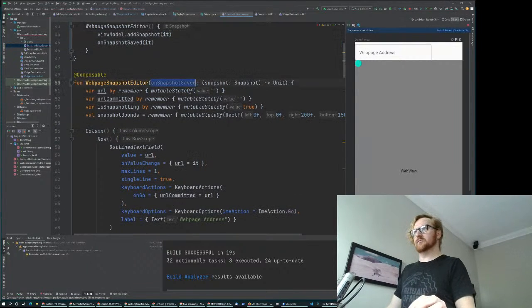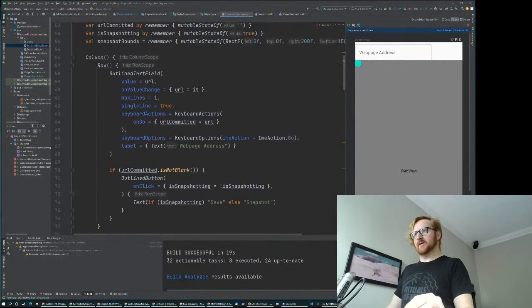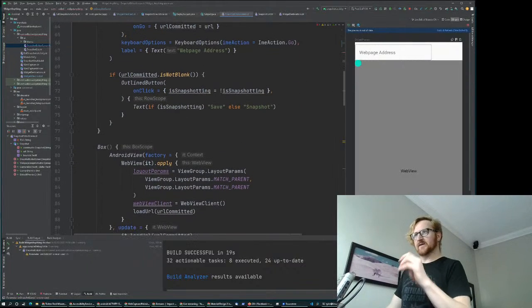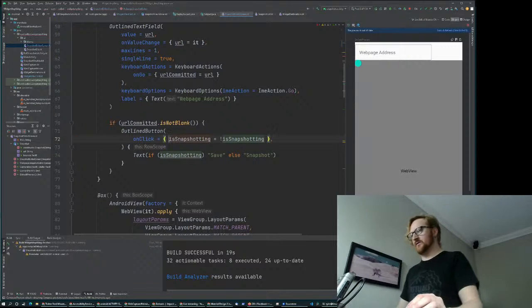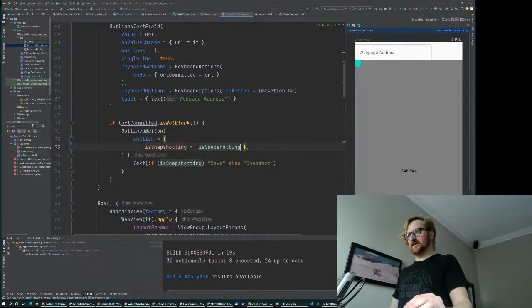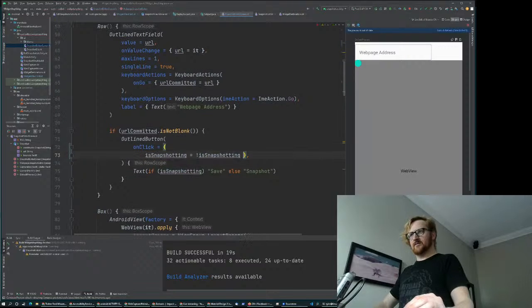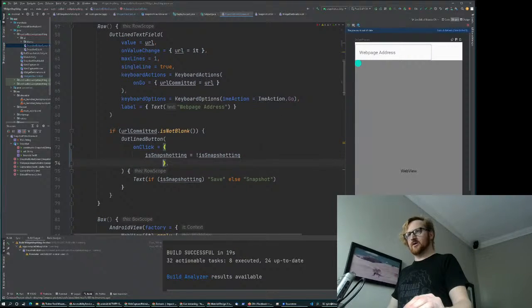Not terribly difficult. So now basically we want to save it when they click the save button. So we have this on click. Right now it just goes from snapshotting to not. Oops. Okay. But we want to also